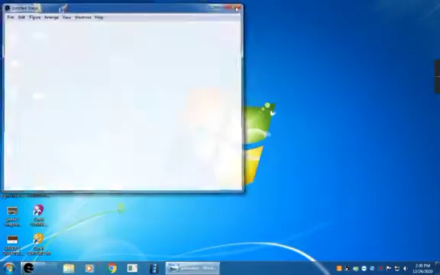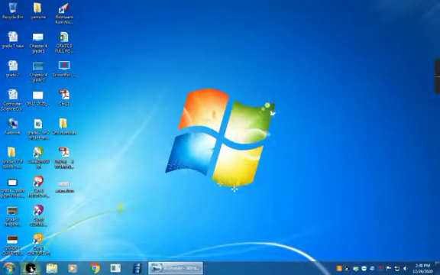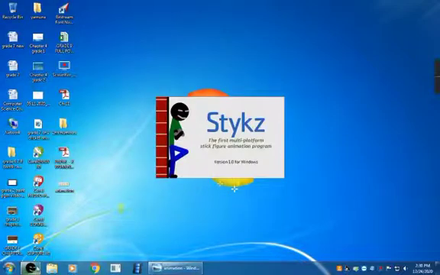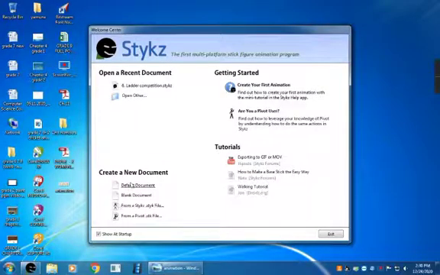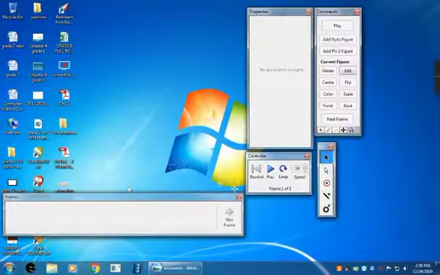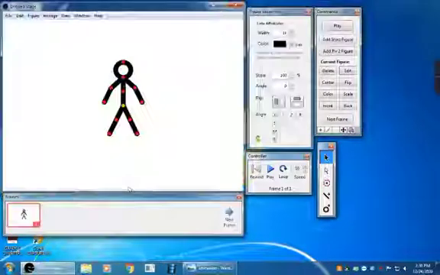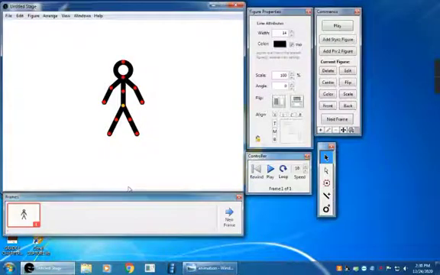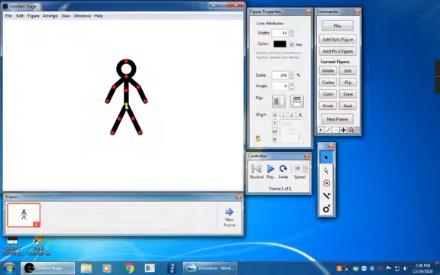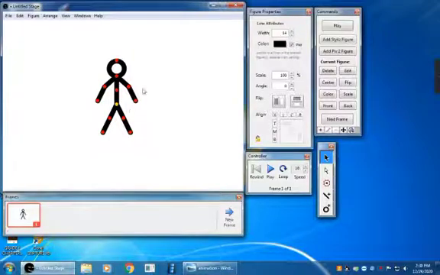Okay, if you want, shortcut is available here. If you click on default document, it will open Stykes window with the default stick figure. This stick figure has nodes and segments. The lines, the circles are the nodes.